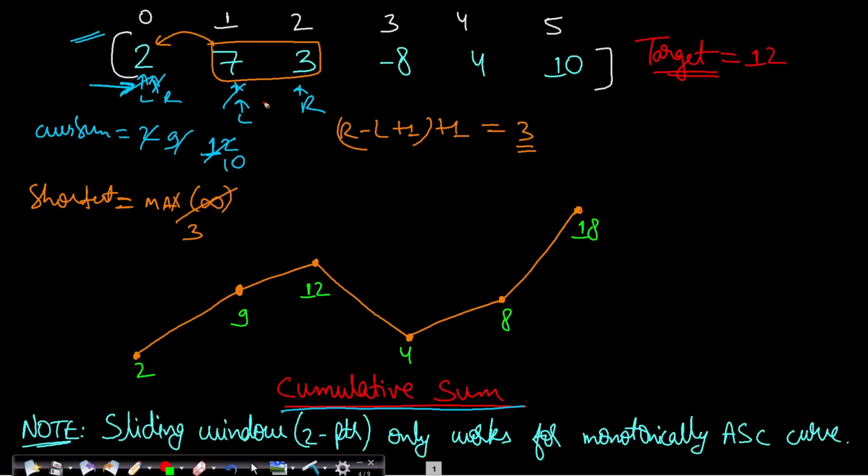Fine. Now once this is done, we will keep on moving the right pointer to the right unless again the sum exceeds our target. So when r reaches this minus 8, then the sum will fall to 2. Now when it reaches 4, the sum reaches 6, and when it reaches 10, then the sum reaches 16. Again, 16 is greater than equals to target, so our right pointer will stop at index 5. Now this may not be the optimal window size, may not be the minimum window size, so we will compress the left pointer from left to right.